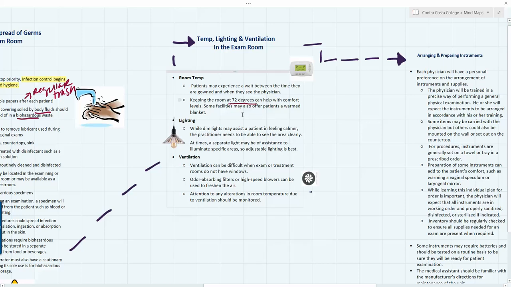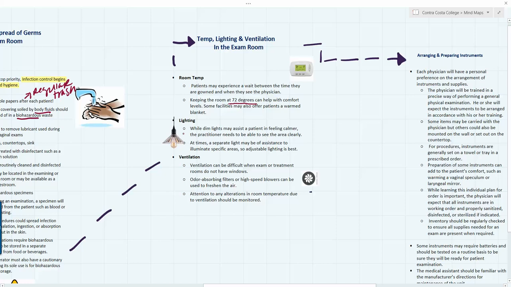We see that a lot in oncology offices where people are going through chemotherapy. We see it sometimes in other types of treatment facilities where they treat a lot of elderly patients, and elderly people tend to have thermal regulation issues with their body temperature, and so sometimes they offer warmed up blankets, which is really nice for patients. So that's helpful. The second point is lighting, and while dim lights may assist a patient in feeling calmer